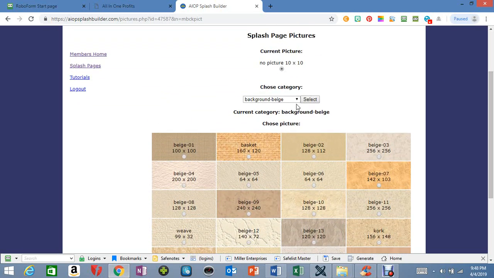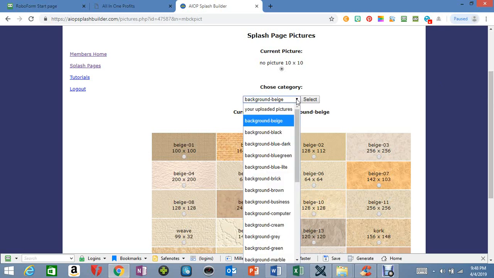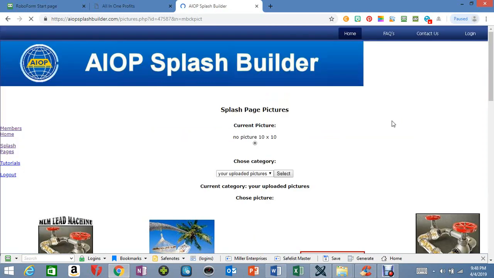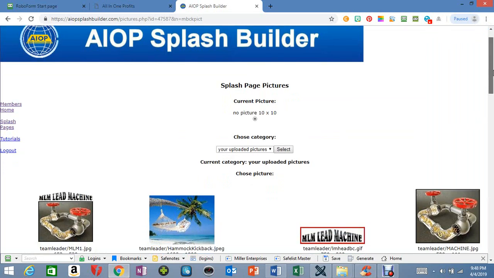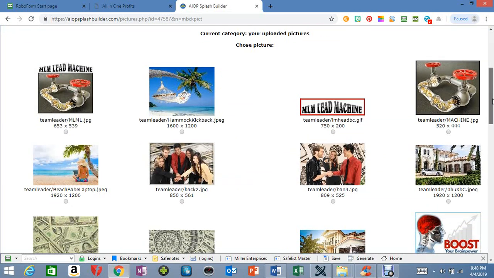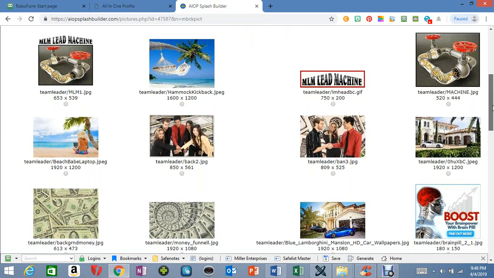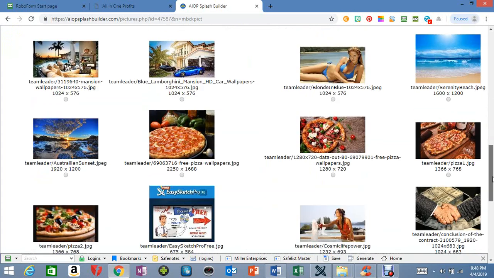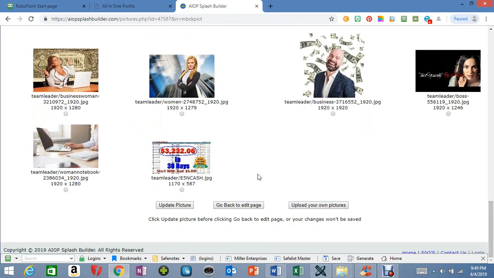Now, if you click on this, you'll get different categories of these images. But at the top, you're going to see your uploaded pictures. If you click that and hit select, you can then, I've already got images uploaded, but if you want to add your own from your laptop or desktop that you've downloaded from our user guide or a site like Pixabay, which are royalty-free images, you will want to scroll down here if you're going to upload an image, and right over here on the right it says